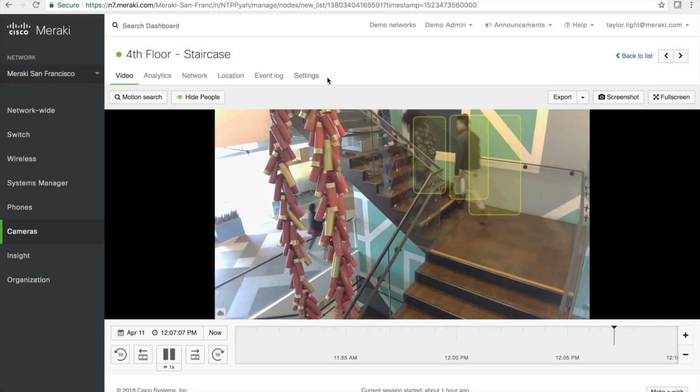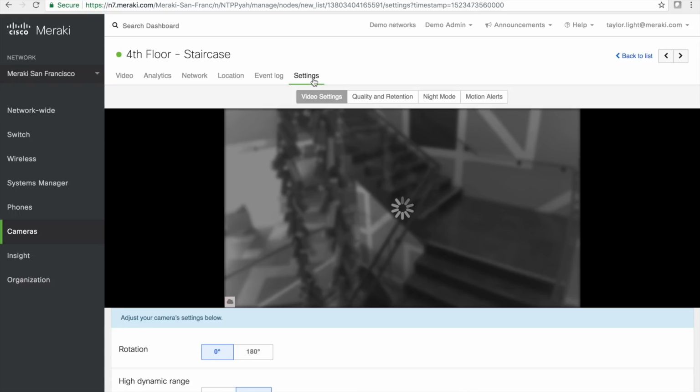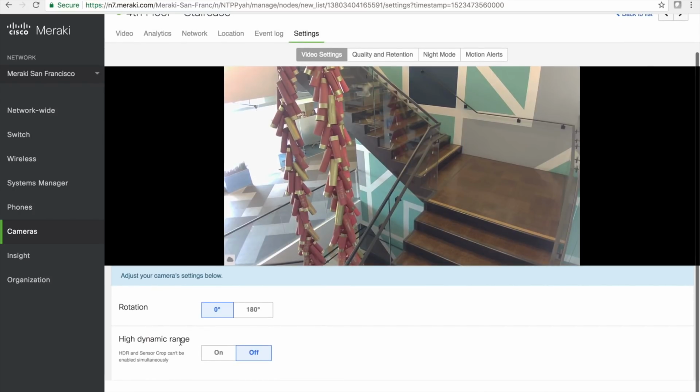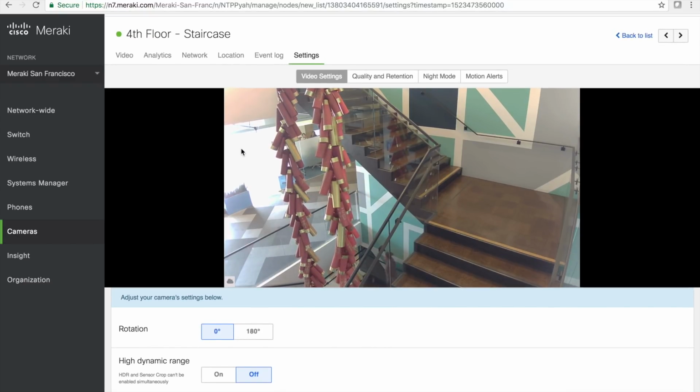One of the other quick things I want to highlight before passing it off is, as we dive into settings, I'd mentioned to you a couple of other cool features, but there's a few that I hadn't. So with the MV12, we also now have high dynamic range. So if I were to enable this, as we can see for this scene, this is actually rather apt. I'm in a non-edit mode, so I can't actually enable this. But if I were able to enable high dynamic range, we would see that this white area where the sunlight's coming in and it's blowing out that portion of the image, it would actually reconcile that, and we'd be able to see nice definition from end to end within this scene.